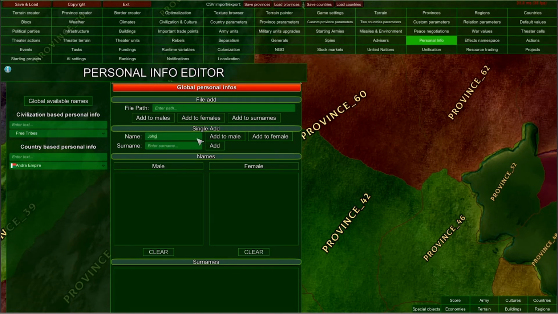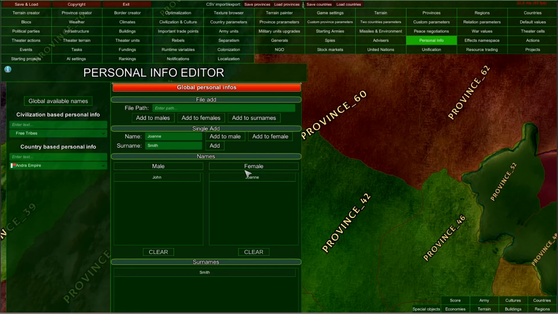So let me for example type here John and add to male, Smith and add to surnames. And now when the game needs to create a random character, and it will be a male character, it will take this random name and this random surname to create the name of our character.